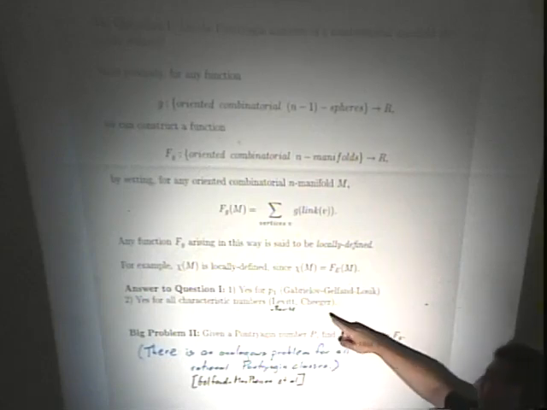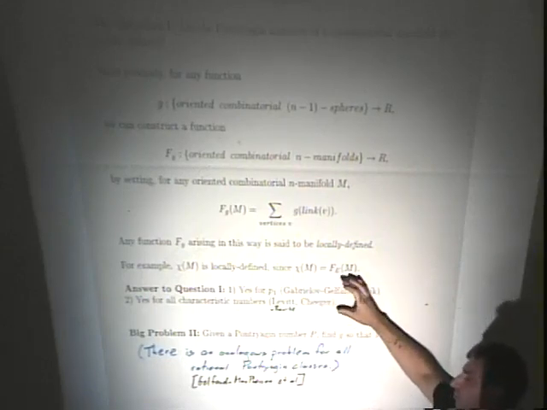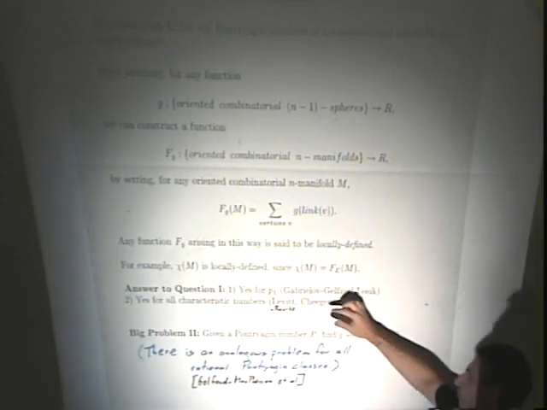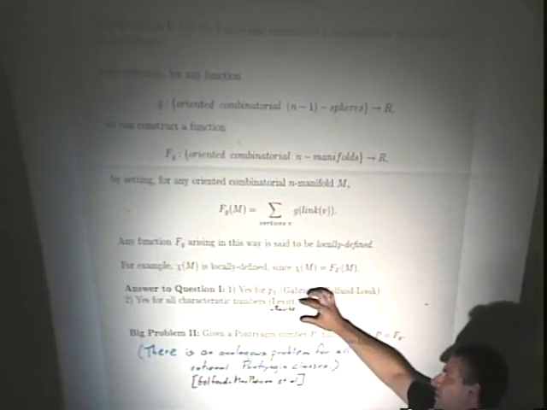Let me just say something about this. Again, this is true in greater generality: it's true for rational Pontryagin classes, which I'm not talking about. I just want to focus on characteristic numbers. There are lots of ways to approach characteristic classes. Levitt and Rourke used the universal bundle approach. They constructed a universal bundle for combinatorial manifolds and showed you can construct characteristic classes that way.